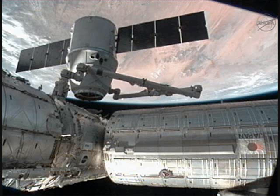Under a separate $440 million contract with NASA, SpaceX engineers are working on upgrades to convert the Dragon capsule into a manned spacecraft that can ferry crews to and from the station. SpaceX managers believe they will be ready